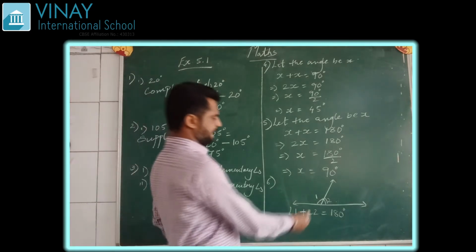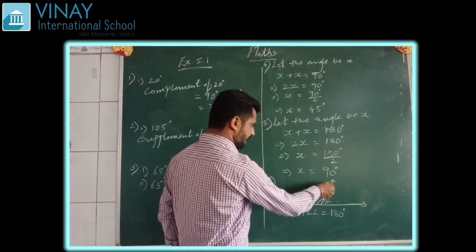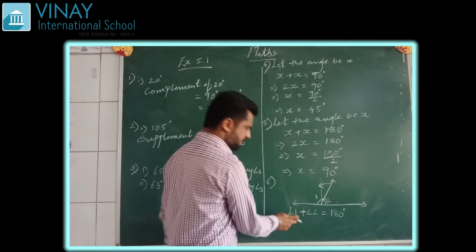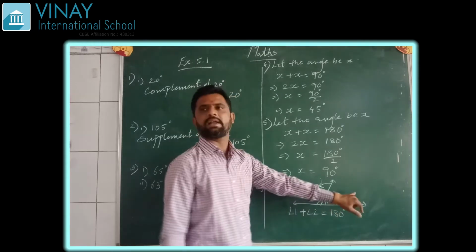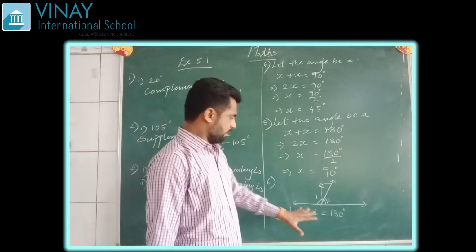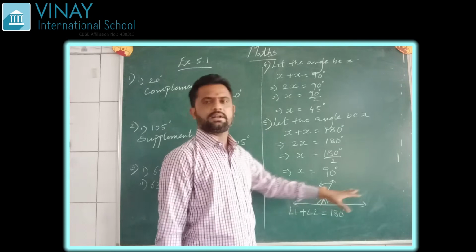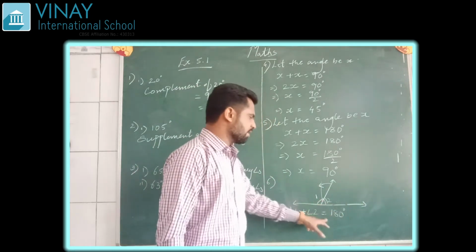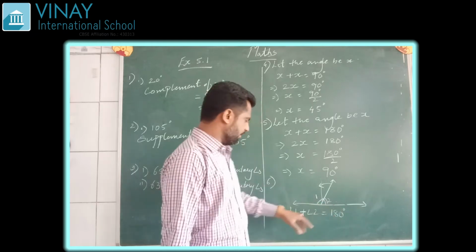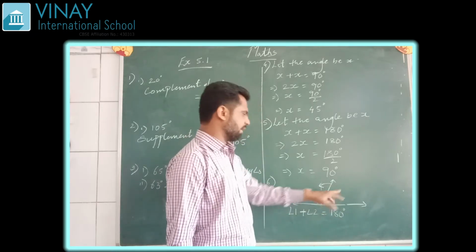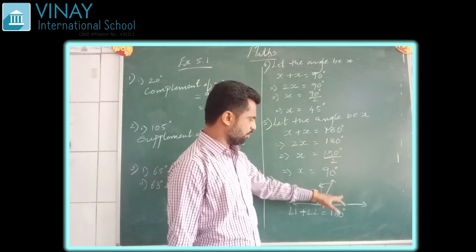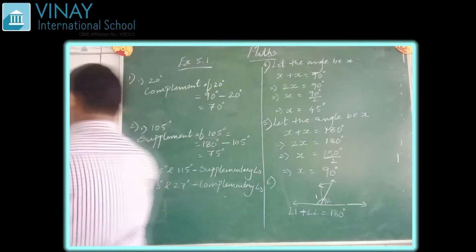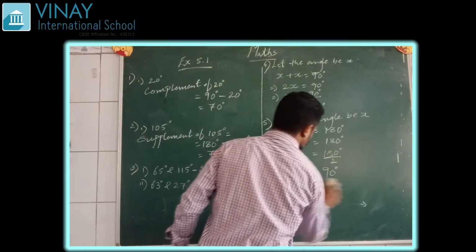If angle 1 is decreased, what change will we get in angle 2? Definitely, if angle 1 is decreased, angle 2 should increase so that it remains supplementary. If we decrease angle 1, then we have to increase angle 2 so that it will remain supplementary. So the answer of this is,